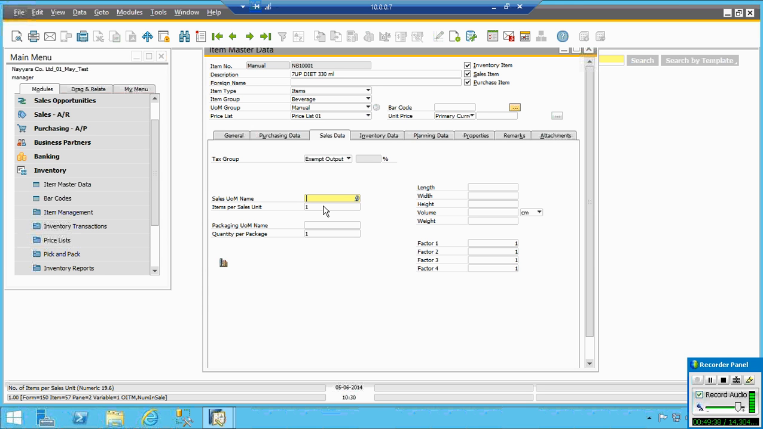But this product alone we are consuming in our store, so we don't sell it. This product is actually for consumption. Selling is something else. For order quantity it is just